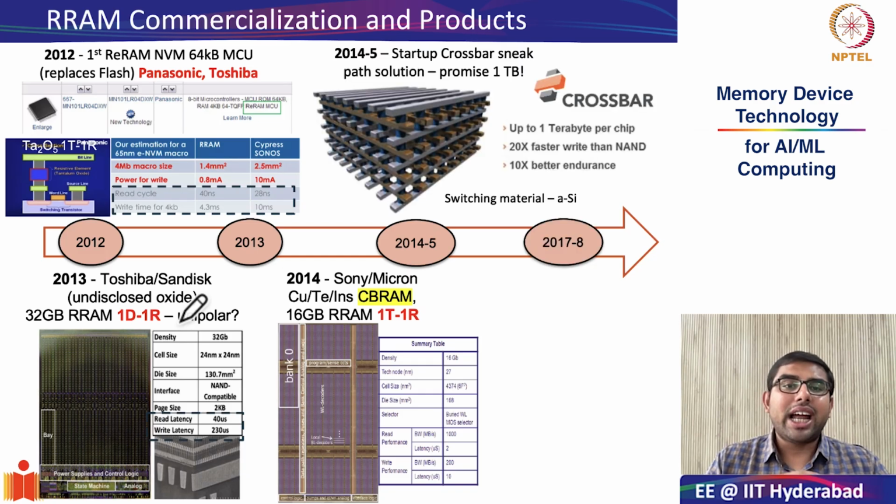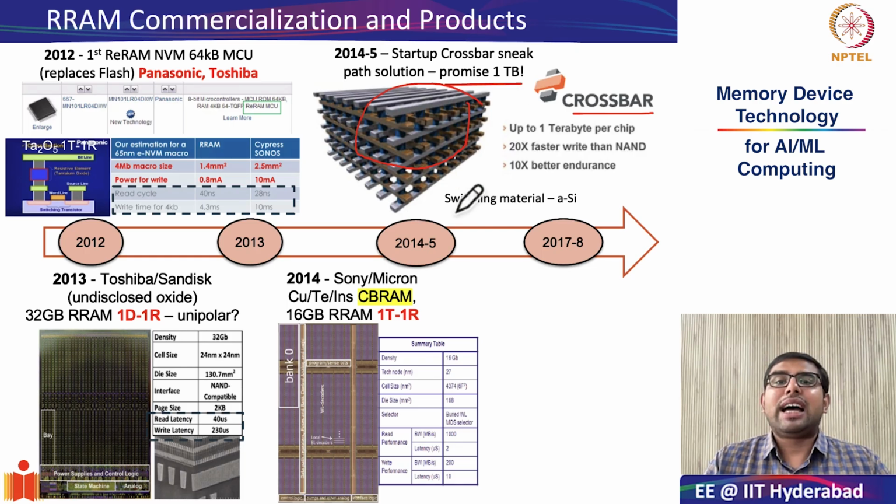Next, I want to highlight a very interesting trend which is evident in the eNVM space: technology startups. The first example I would like to give is that of Crossbar. Crossbar started playing in the RRAM space. Crossbar was formed when there was a technology transfer from researchers at the University of Michigan, and they came up with a very bold claim that by having 3D integration of RRAMs, you can go to a chip which is the size of a postage stamp with a capacity of 1 terabyte.